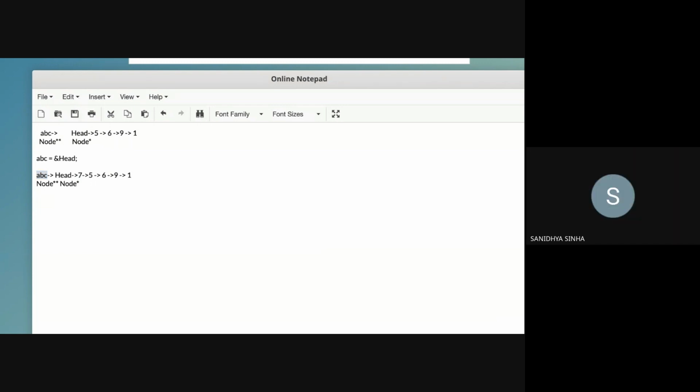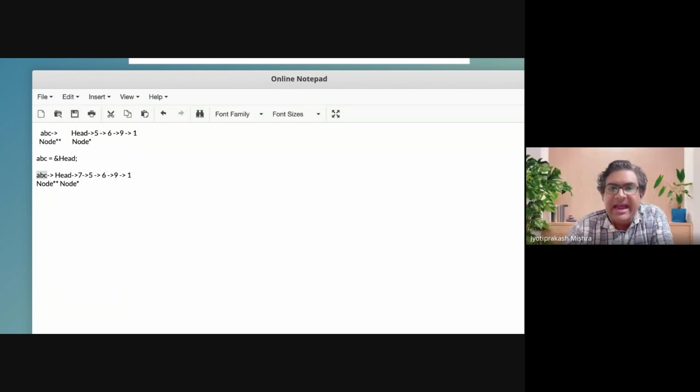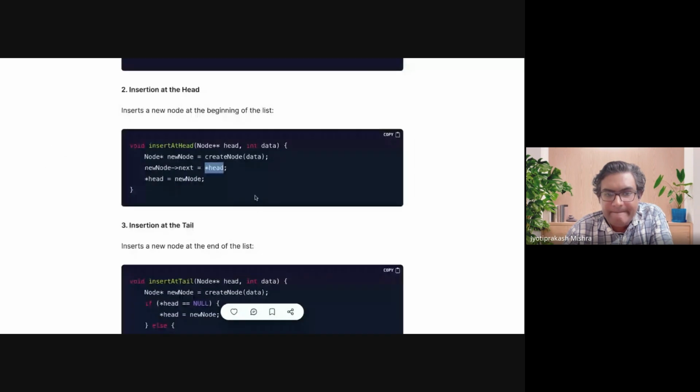हेड का एड्रेस। एग्जैक्टली, वो हेड का एड्रेस है, उसके अंदर तुम्हारा हेड का एड्रेस पड़ा हुआ है, ठीक है। ये जो है ये डबल पॉइंटर है, इसके अंदर हेड का एड्रेस है। तो हमने जो नया नोड बनाया वो किसको पॉइंट करेगा, जो पुराना हेड था, है ना। और नेक्स्ट क्या है, वैसे नेक्स्ट एक पॉइंटर ही तो है। नोड के अंदर जो नेक्स्ट होता है वो भी एक पॉइंटर होता है, वो एक एड्रेस होता है।